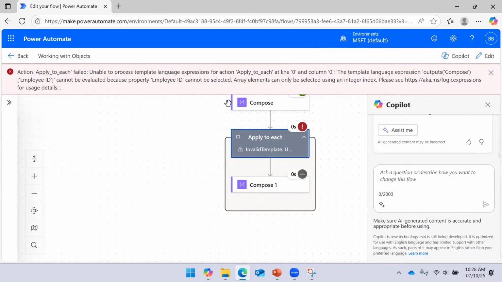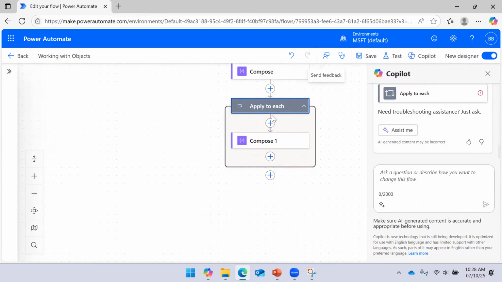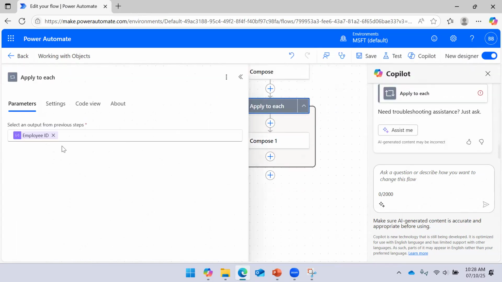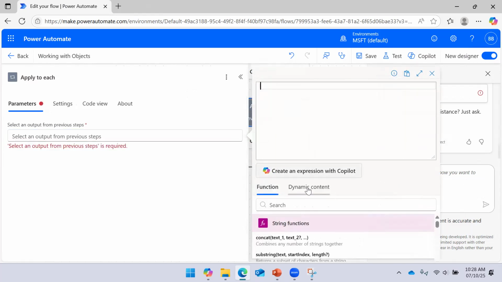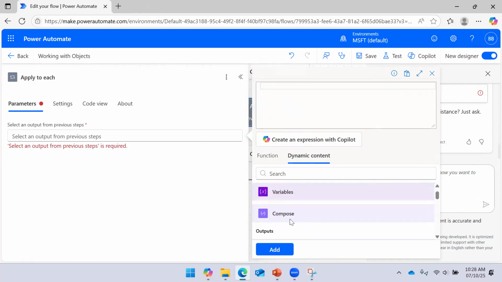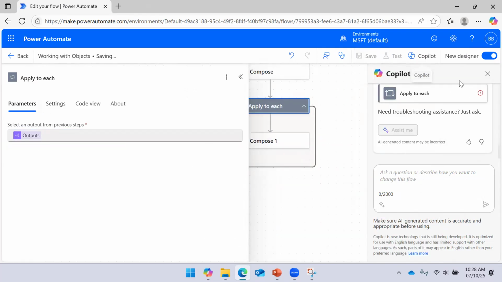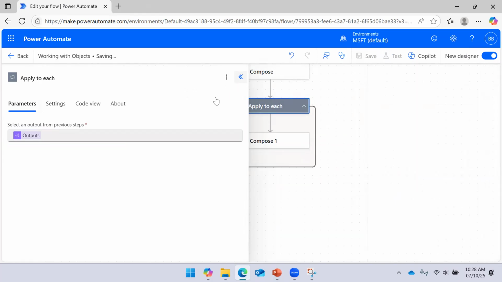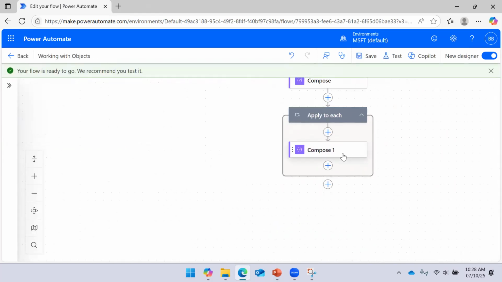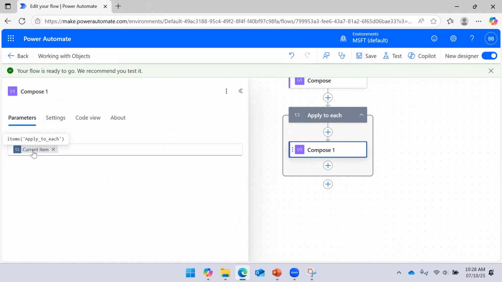Right, right. So here we have an array. So we cannot do that. So here you are supposed to pass the array, and array is nothing but output of our compose action. So this is your array. Okay, this is fine. Then from here, instead of, okay, so